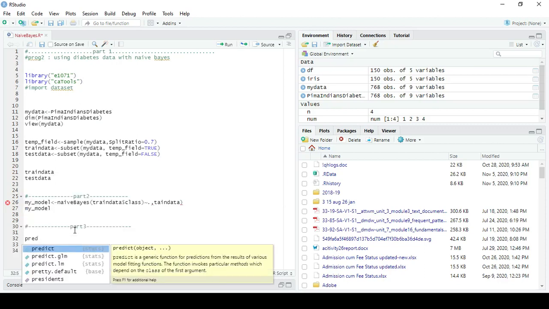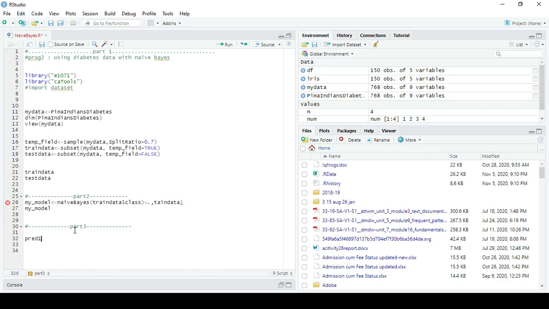Predict 1, predict my model, test data. Here we are predicting, and we try to put the type class or type row after the test data.